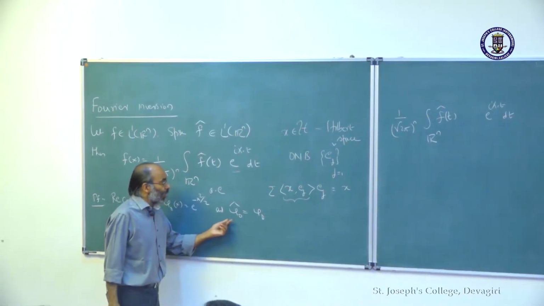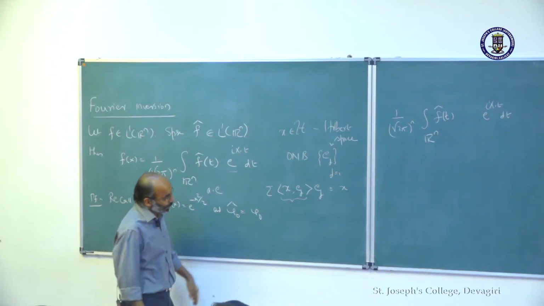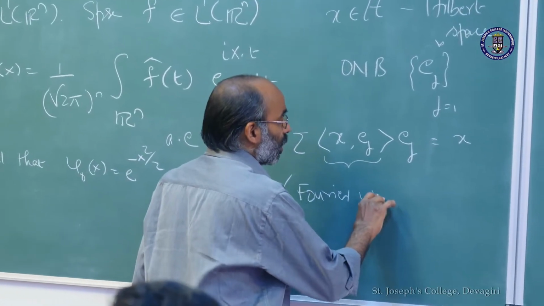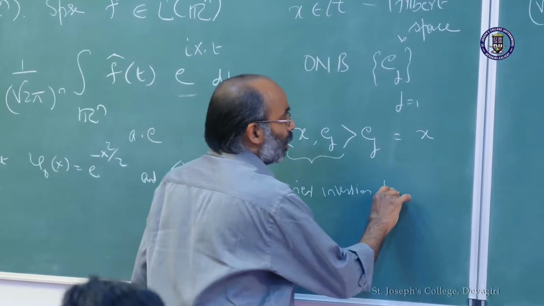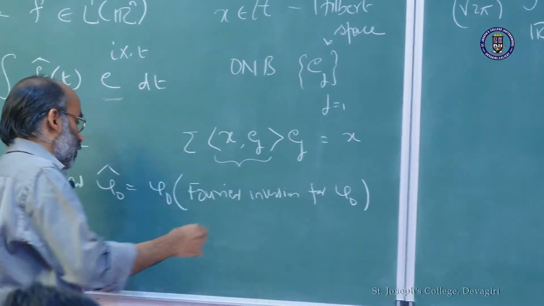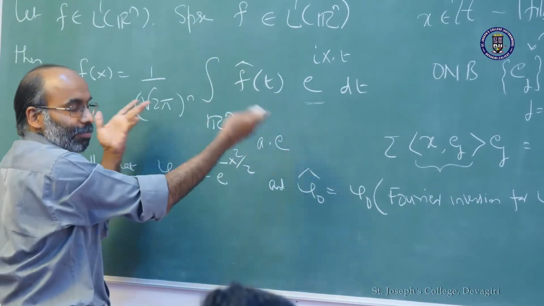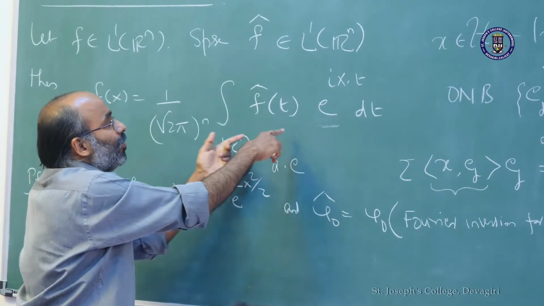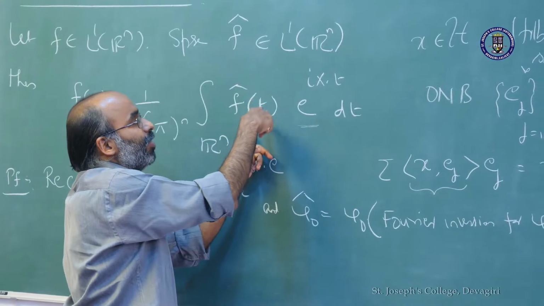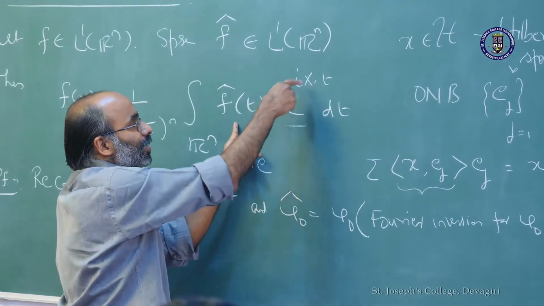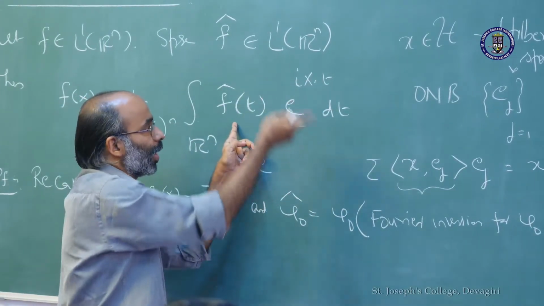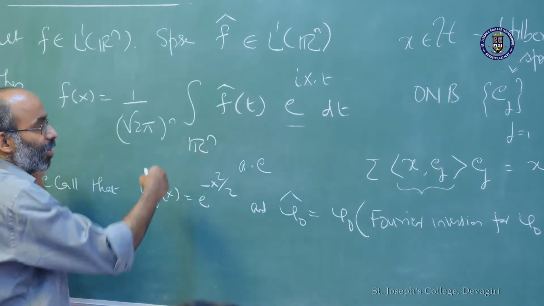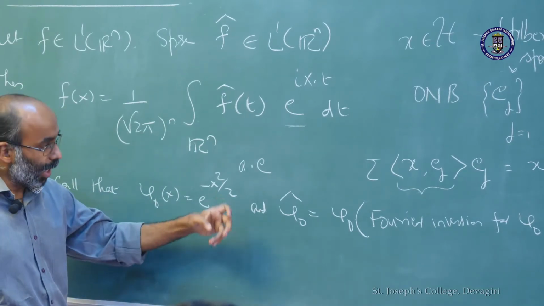The fact that phi 0 hat is equal to phi 0 is essentially Fourier inversion for the function phi 0. So, that is trivial. For the Gaussian, this theorem is trivial, because if I put the Gaussian here, with respect to t, it's an even function. So, putting a minus t or plus t does not matter. That is simply the Fourier transform again, and the Fourier transform of the Gaussian we have already computed. So, Fourier inversion is a trivial statement for the Gaussian, and we will use that to prove it